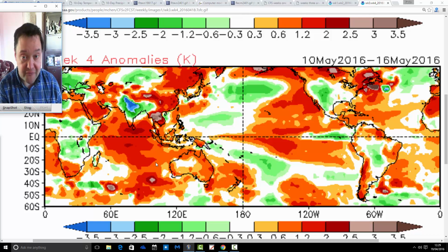Going to have some nice weather for the next 2 or 3 days. Make the most of them. If you want to cut the grass or get out in the garden, do it in the next 2 or 3 days, because from Friday onwards it will start to turn cooler. Not a dramatic drop in temperature, a gradual cooling over the weekend, and then it's really from late Sunday